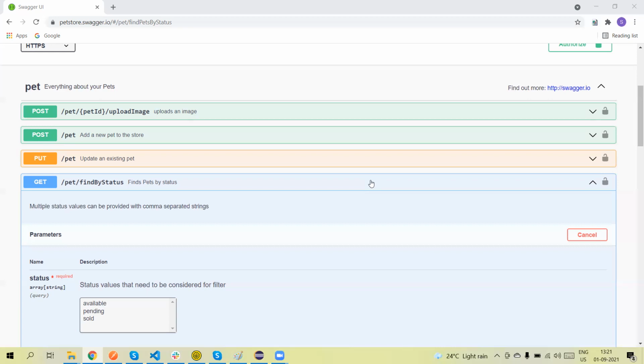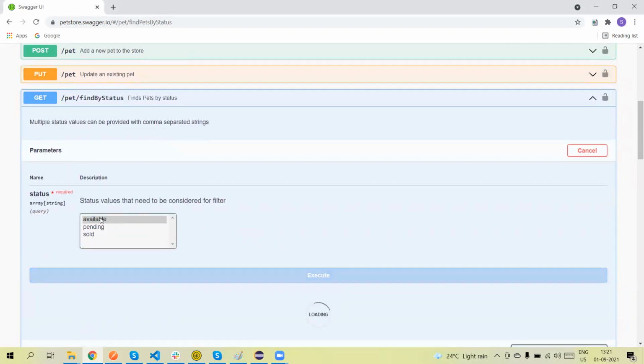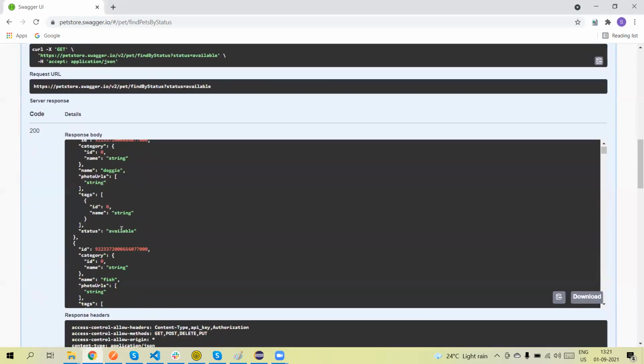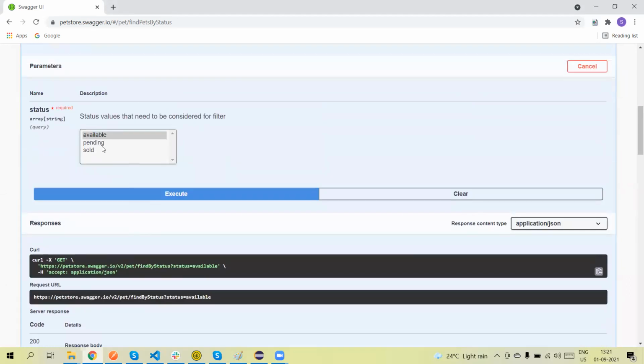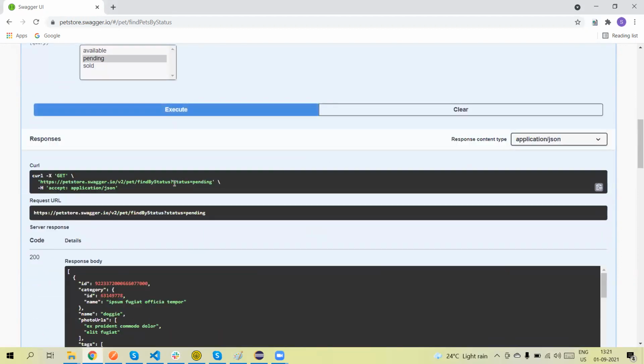Now you can see there is one API, get pets, find by status, and we can find the status by three different values. We can pass available, which gives us all pets whose status is available. Similarly, we can pass pending, and in that case the request will have status equal to pending as a query parameter.